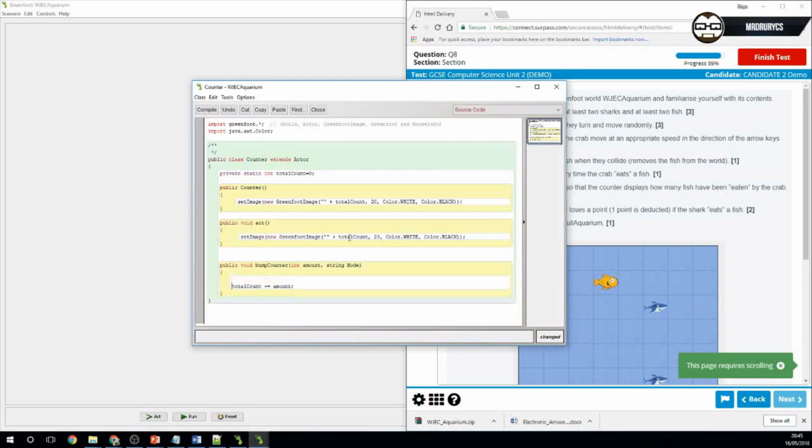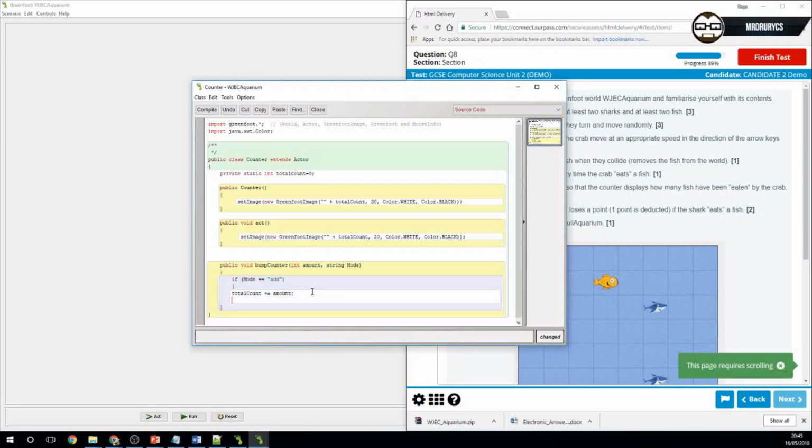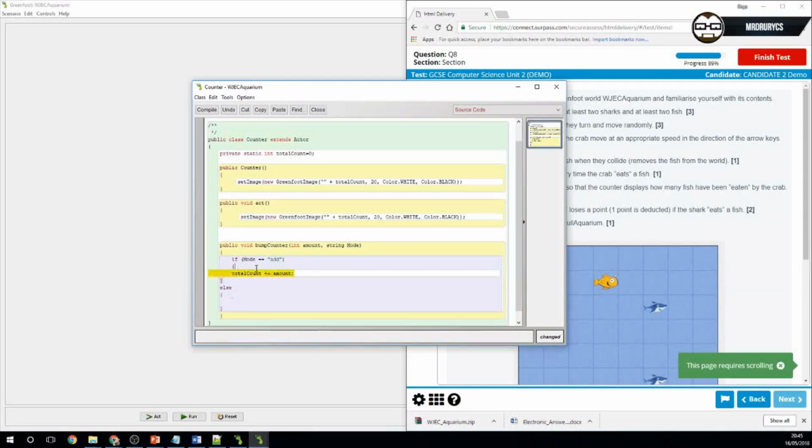then if mode equals add, then you add to it, else, if you steal this code and change the plus to a minus, it will take 1 score off. Okay,